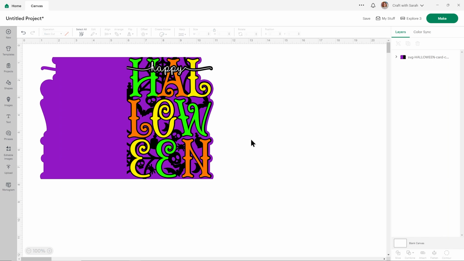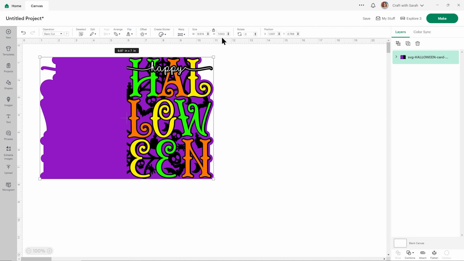This is what the card design looks like when it's loaded into Cricut Design Space. If you're not sure how to get your file into Design Space, go back to the schedule page for the Halloween Craft Countdown and look in the Foundation Learning section near the top of the page. In there is a link to a separate tutorial on how to upload SVG files into Cricut Design Space. The nice thing about this card is it should load in at the right size, which is just under 10 inches wide and around 7 inches tall.